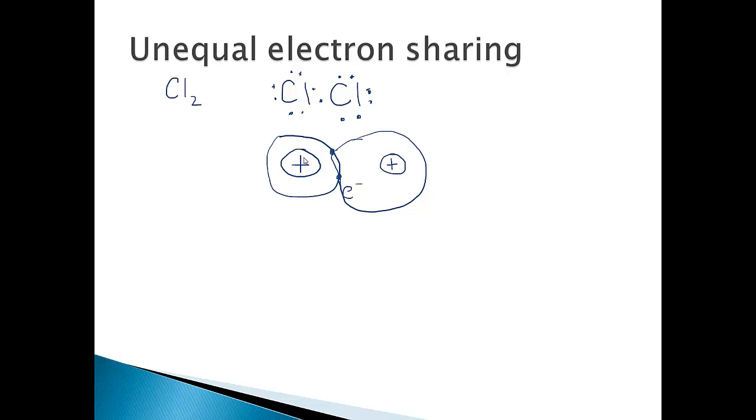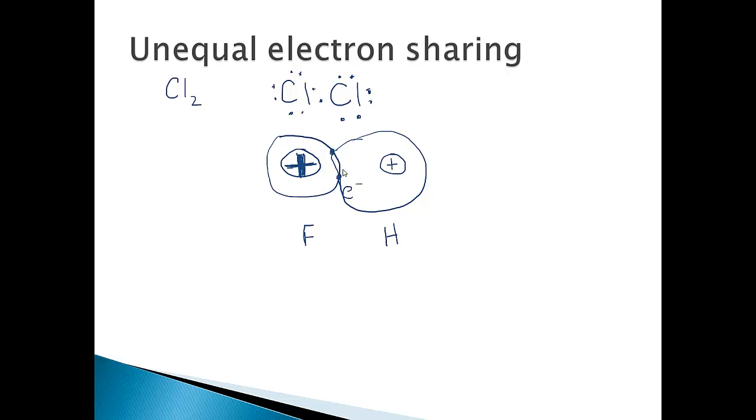So let's imagine that this atom over here has a really big positive charge. So I'm going to make this plus sign really big so that we understand that this is a big positive charge over here. And because that charge is big, and maybe this electron happens to be close to that big positive charge, this electron in this valence shell is going to be held more closely to this atom over here than the electron over here to this atom. This would not be the case for chlorine, because in chlorine the nuclear charges would be exactly the same, right? So if you had some different situation where maybe you have an F atom and a hydrogen atom,